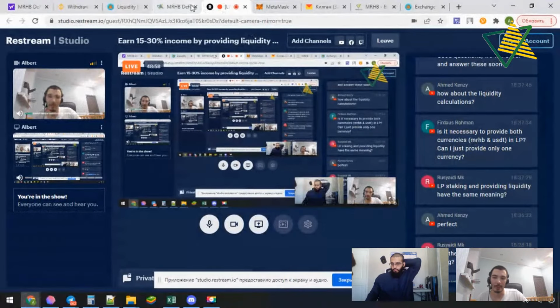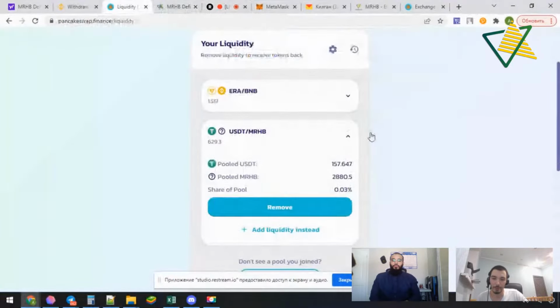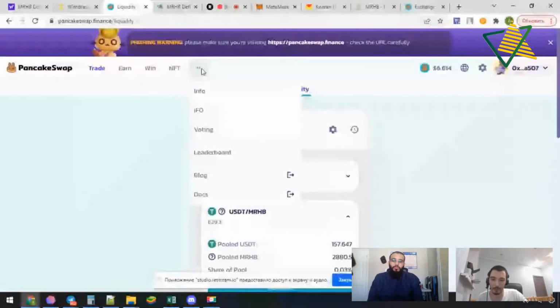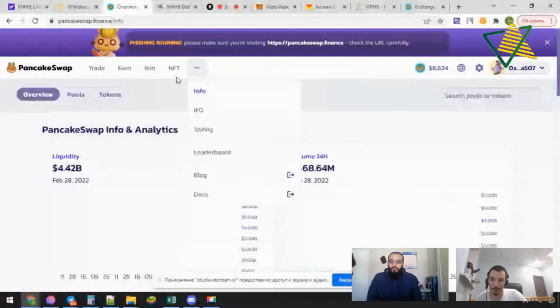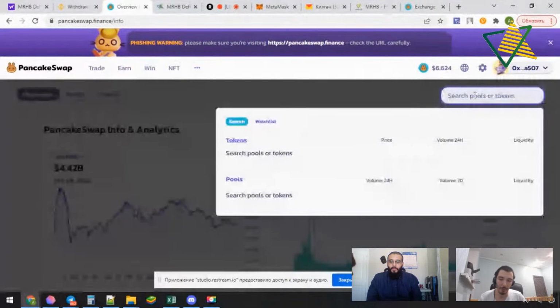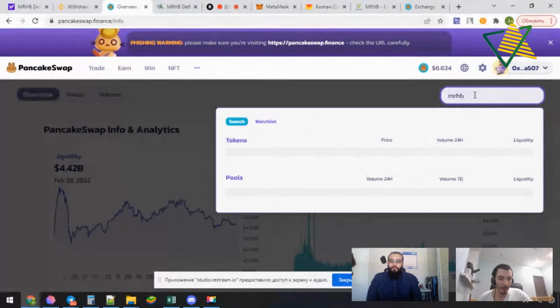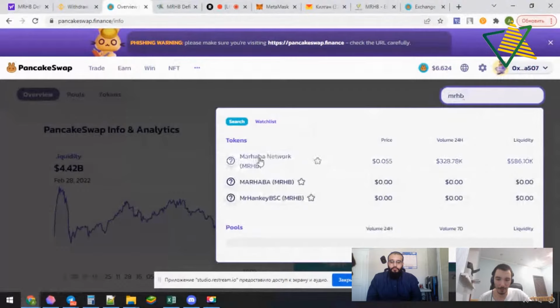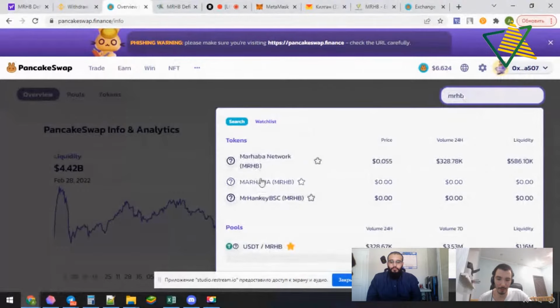Okay, and let me show you on PancakeSwap where we can find different liquidity pools. So in this info section, when we enter any of the cryptos here, MRHB for example, you see there are 3 MRHB tokens.